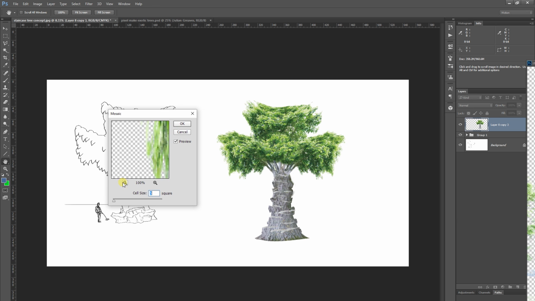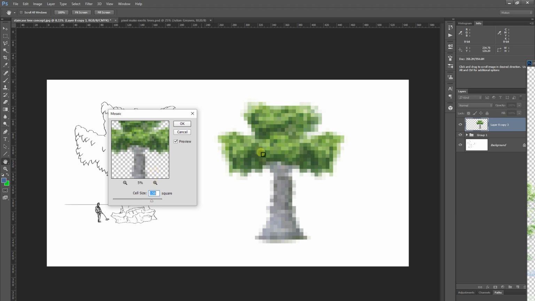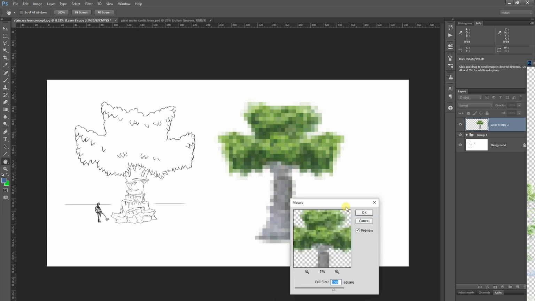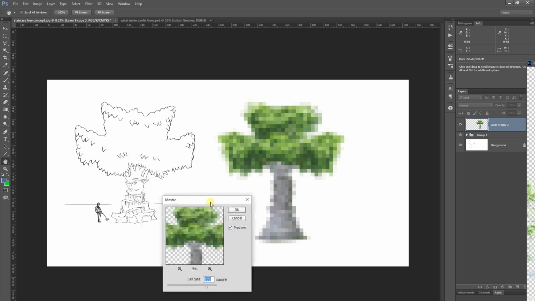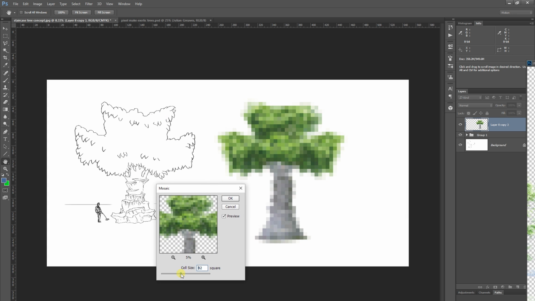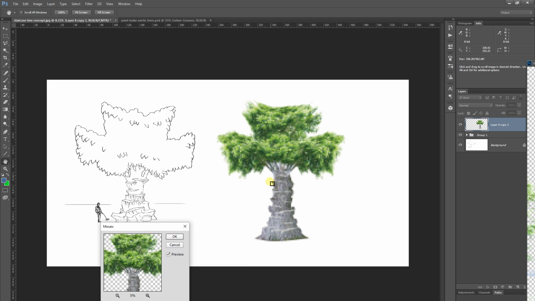So let's zoom out like this. Now, if we go all the way to the top, it almost feels like we wasted so much time on detailing for nothing. Obviously it has that shape, it has that feel, but it's really a bit far. So I think what we wanted to go for is something that looks more like the style you're going for. But before we commit to that,